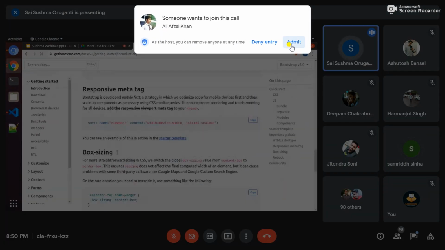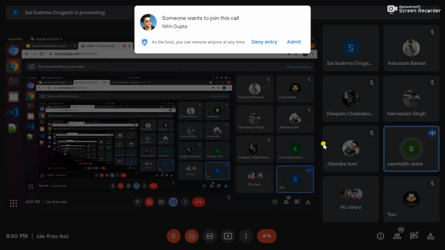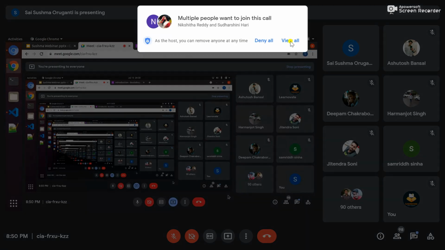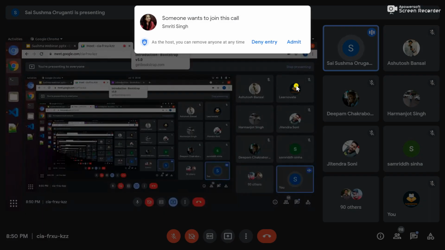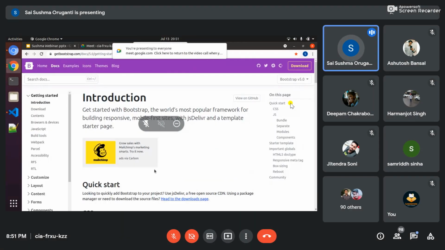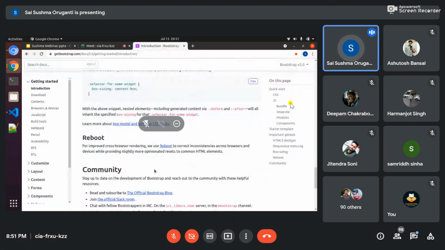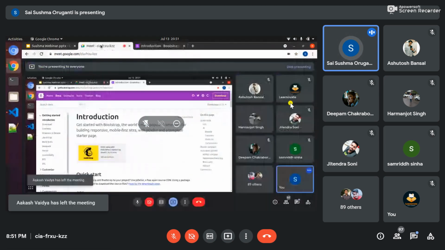This is the Bootstrap website. This is the updated version of Bootstrap. Can't that be done on the notepad as it's user friendly? Yes, you can use it, but I have already set it up all in the Visual Studio, so I will use that. You can use wherever you want. You have to just use those links because you are using Bootstrap. The browser has to know that you are using Bootstrap, so you have to use that link. Okay, this is the Bootstrap official website. I will share you this, and there will be all the links with what you have to use over here, and I will also share you the links after this class. Okay.